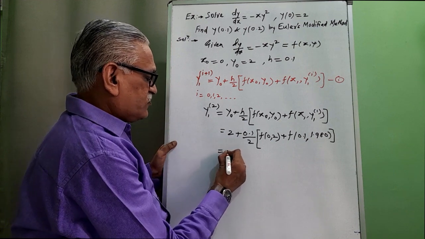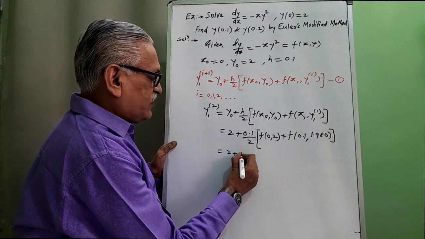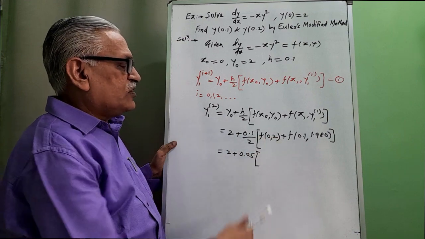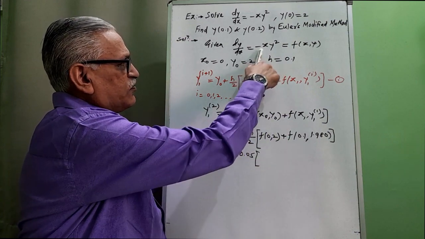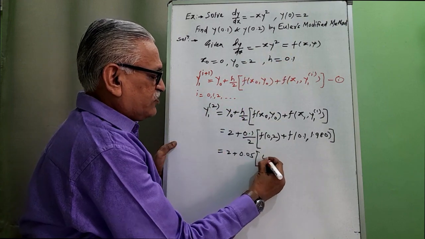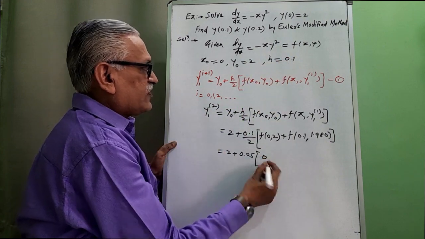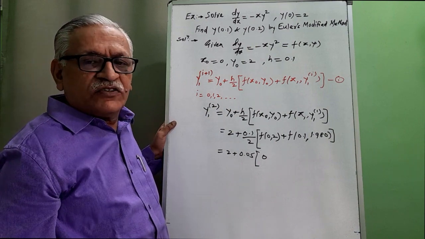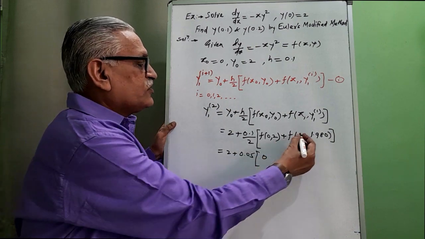It is equal to 2 plus 0.05 times f of 0, 2, and as x is 0, this term becomes 0, 0 multiplied by 4 gives 0, plus